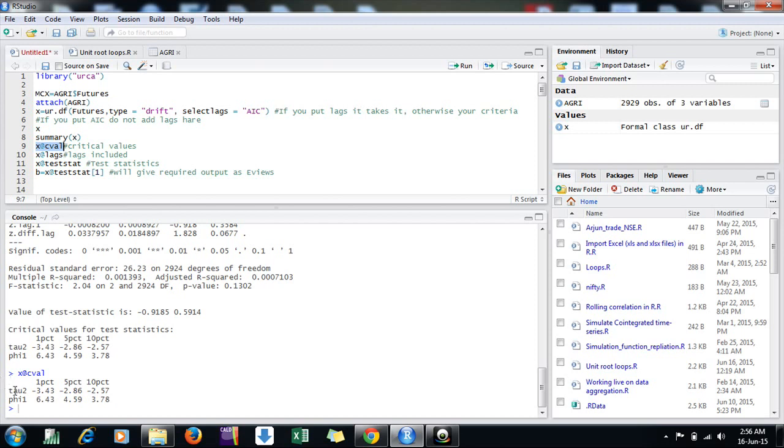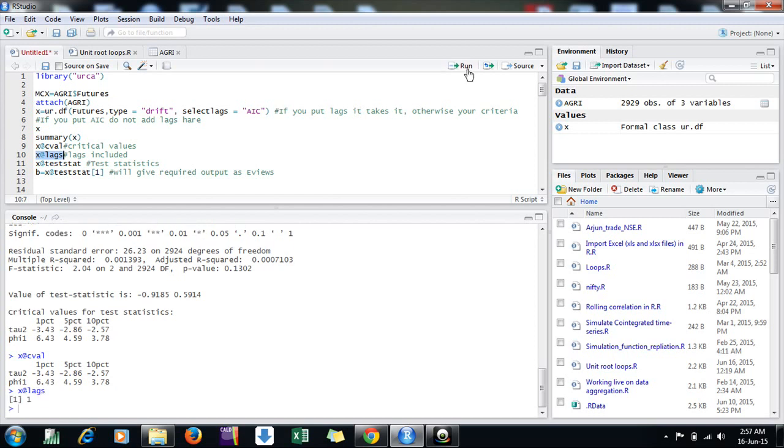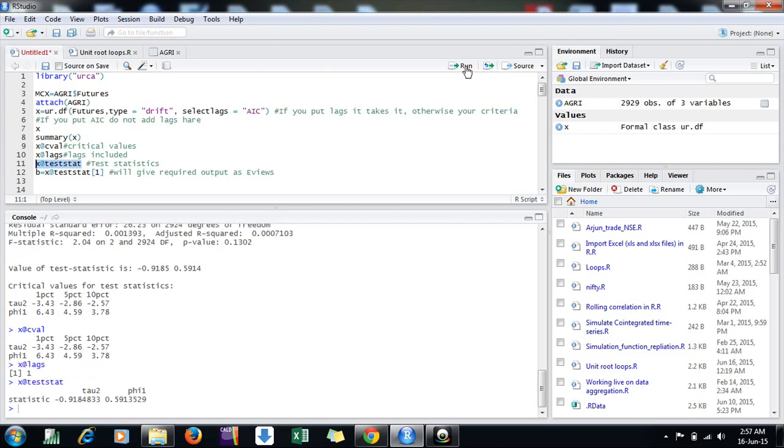The value of our interest is basically tau2 here, because this is the value I have matched with eViews results, and this is something people report in research papers. The other thing is the F test, I don't think where it could be used, but I have not used it so far. In the same way, we can see how many lags AIC has used. One lag is used. The test statistic reported by eViews is very similar, some decimal difference might be there, but it is almost the same.